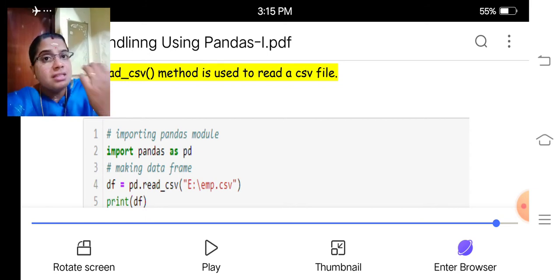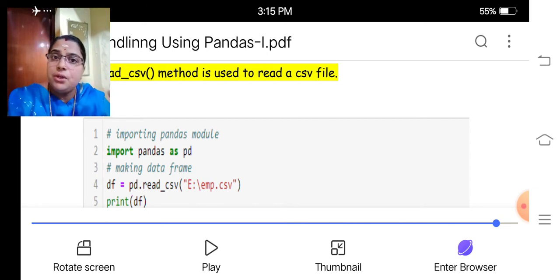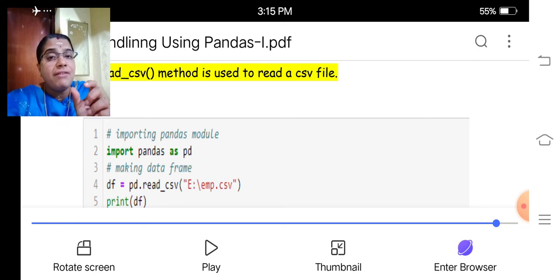Reading from a CSV file to the program. So from an Excel sheet, we are getting the values into our program. That is called reading. That is why I used the read_csv function. And within that function, I included the file path with the extension. In the E drive, I had stored emp.csv.